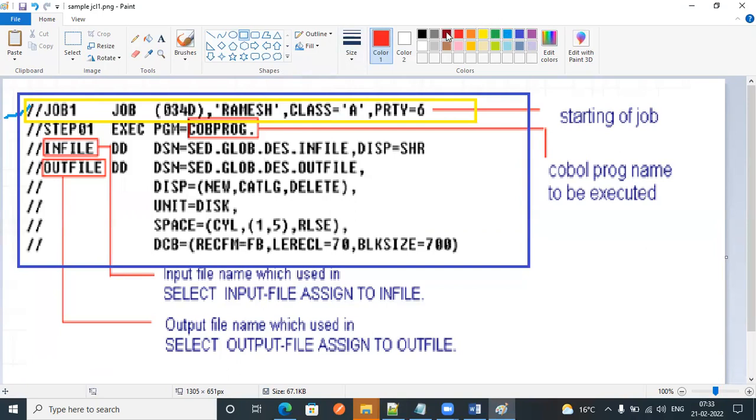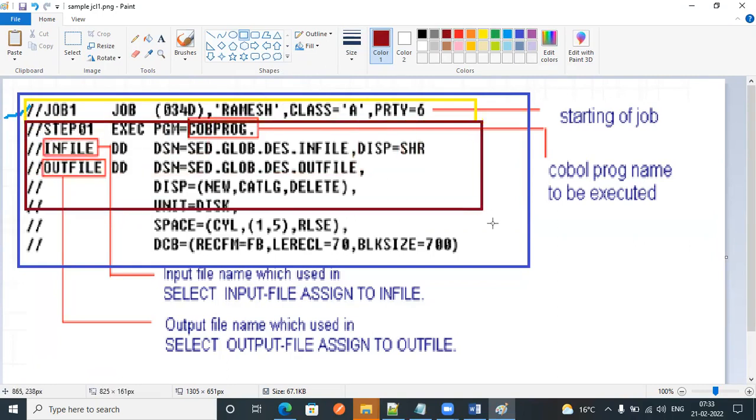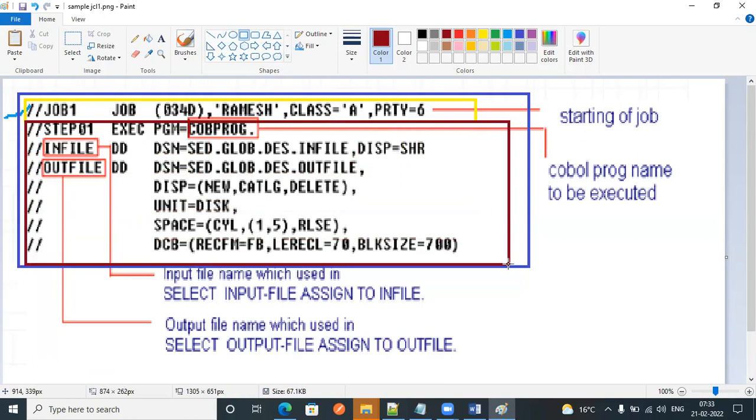Next, here if you see, there is one step. What is a step here? If you want to execute any COBOL program, we are going to use steps.